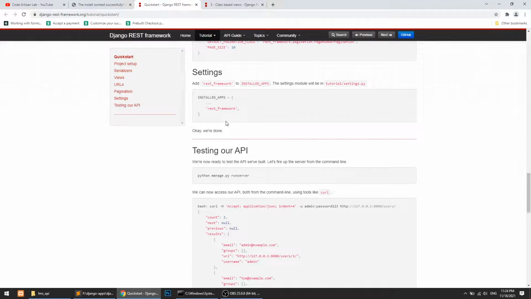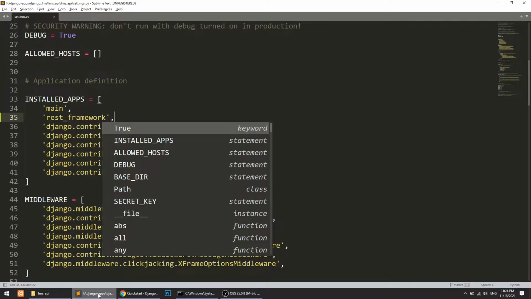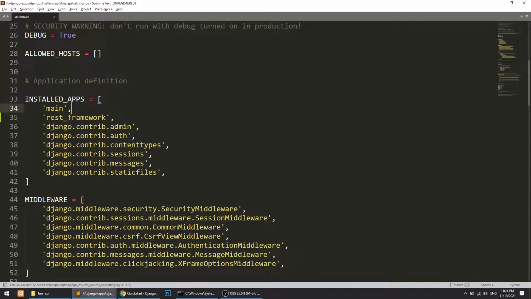After installing that, we cannot return the model directly as a response, because if we are creating an API, our front end will be in React.